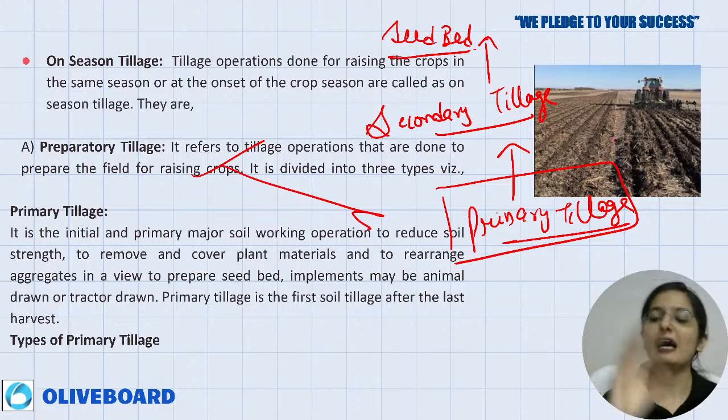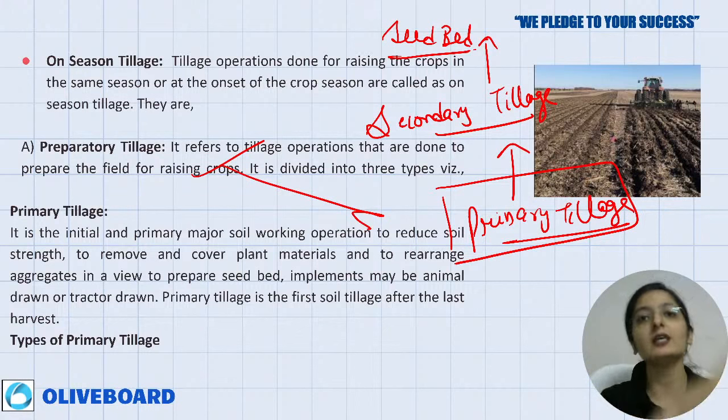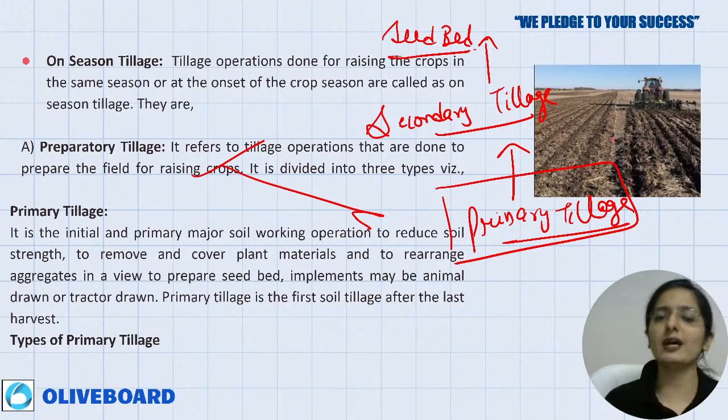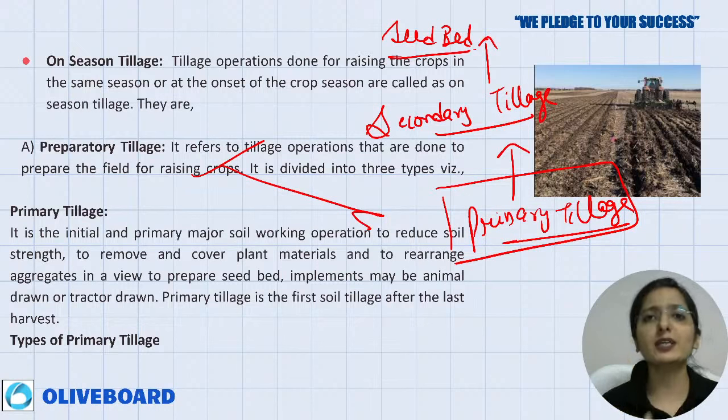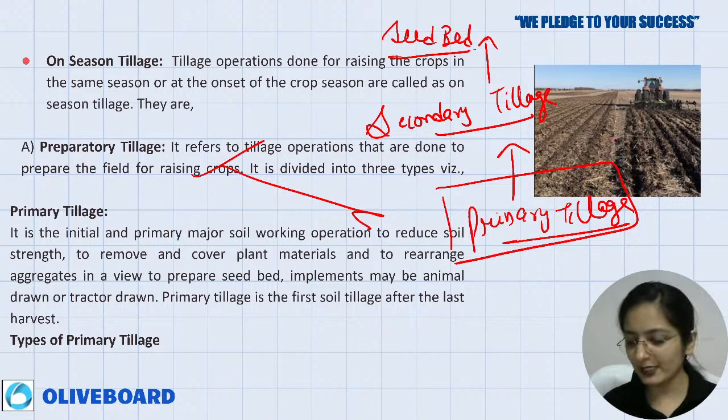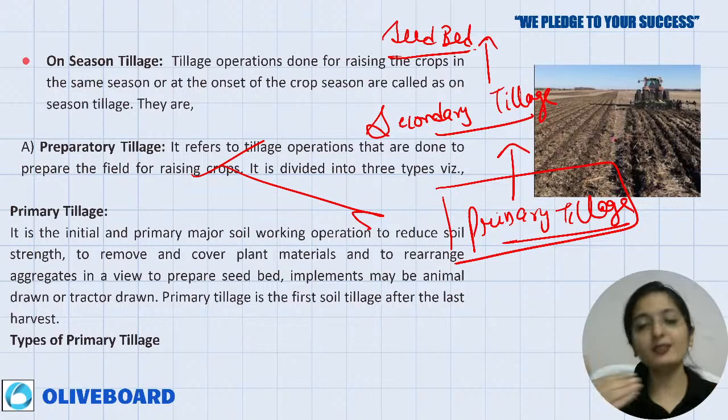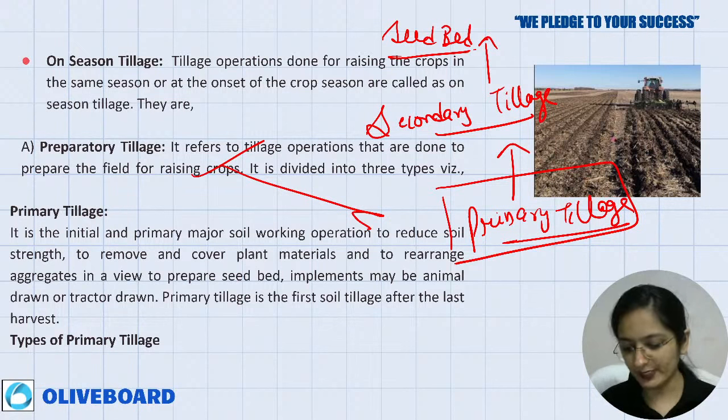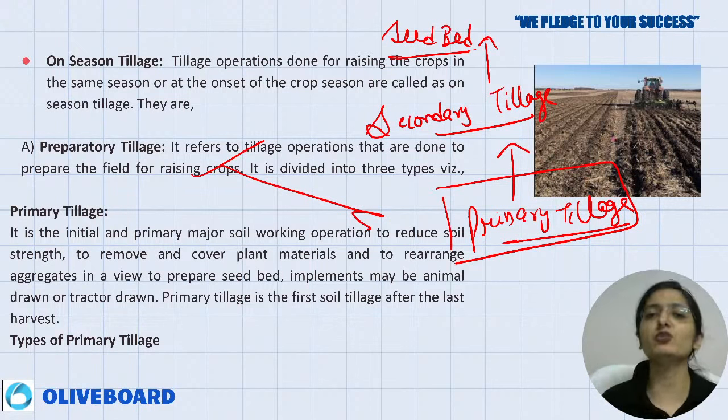Sowing will come again, right? After you have done your harvest, now your first soil tillage after your harvest, as I discussed now, in the season from harvesting to the sowing, this is your duration. So after your last harvest is done, your first soil tillage is known as primary tillage, right? Where you are working with ploughing, you are using plough, right? So you need to understand कि what is the basic difference between the primary and the secondary tillage. In the primary tillage, you use plough. It can be any ridge plough, desi plough, whatever you use the plough in your primary tillage, right?